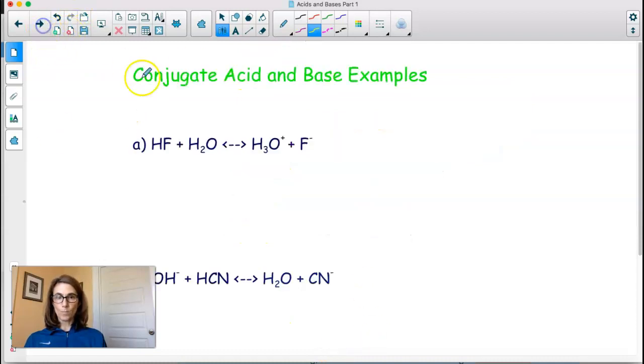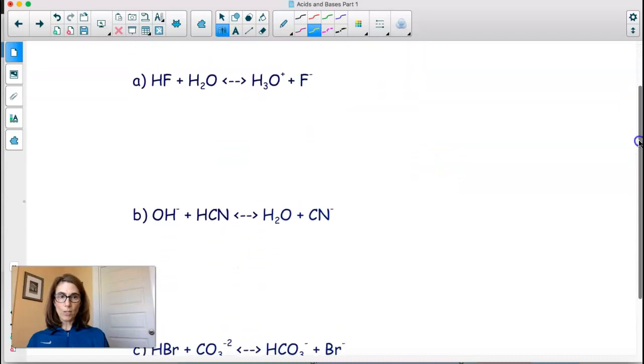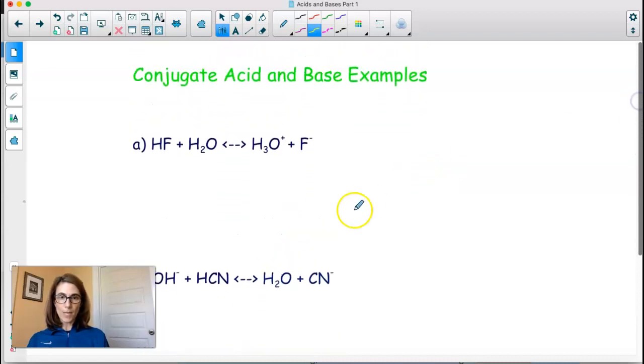Okay. So lastly, we're going to do some examples of conjugate acids and bases. We're going to take a look at these reactions. So I have 3 examples here. We're going to identify the acid and the base, and then we're going to attach it to its conjugate base and conjugate acid. So HF,